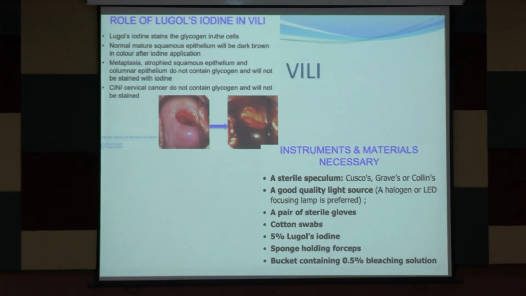VILI, which is visual inspection under Lugol iodine. Now this test is also known as the Schiller's test, where we use 5% Lugol iodine to stain the cervix. So acetic acid, you have to remember, it tends to coagulate the protein. More the protein content with abnormal cells, the whiter the lesion becomes. Whereas Lugol iodine, what it does is that